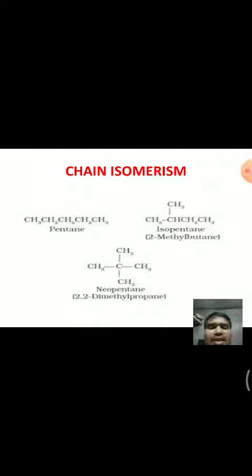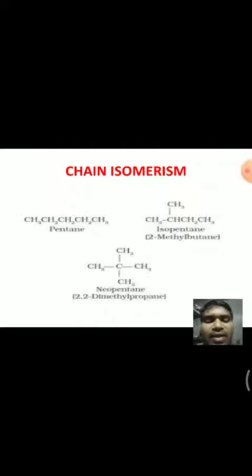If you see the same examples, pentane, isopentane and neopentane, the molecular formula is the same, C5H12, but those are three different compounds. Mainly the difference is, if you observe the structure of the molecule, in the chain. Here in n-pentane, there is a long chain having 5 carbons in a straight chain. Coming to isopentane, the main chain contains 4 carbons and 1 carbon is attached to the second carbon.